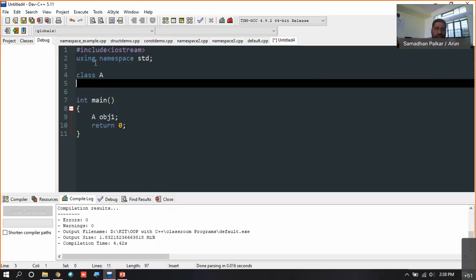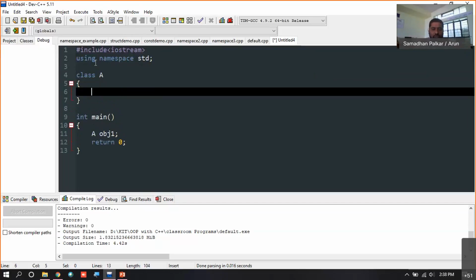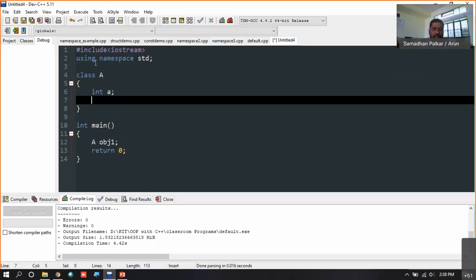Okay, so I'm going to take a class wherein one variable is there, a data member. What we need to check is how to access those constant member functions, and whether we can modify the state of the object or the data members present inside that object. Can we modify those things or not? That we need to check. So I'm having a class A with only one variable.